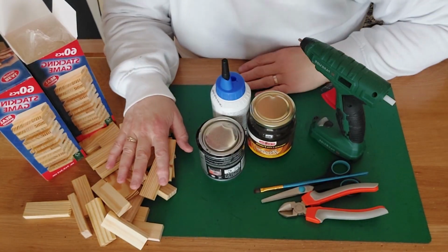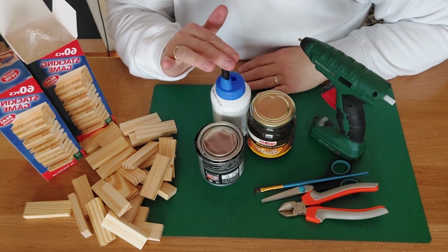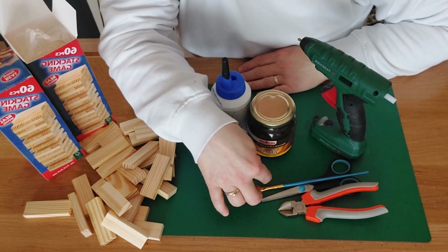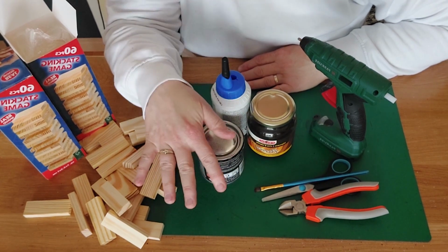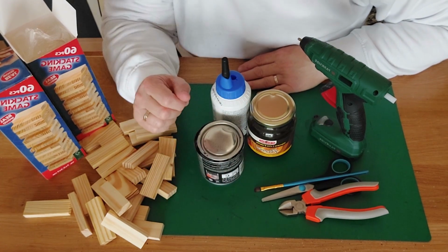So enough talking. For today, we are going to make a new home decor inspiration. I hope you take out also your tumbler tile blocks and join me in this new DIY. For this new DIY, we need of course our tumbler tile blocks, some paint of your choice, some wood glue, some glue from your glue gun, some wax, of course some pencil, scissors, a little cutter for our greenery, and you can choose some greenery later at your own choice, because everyone has his own choice in greenery